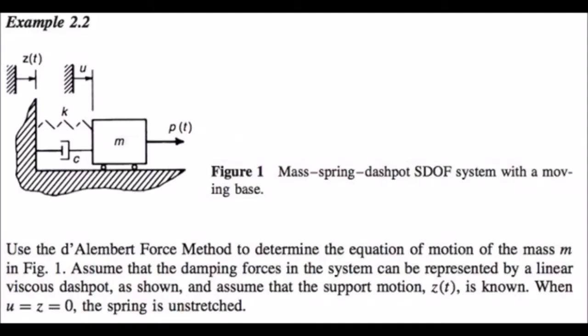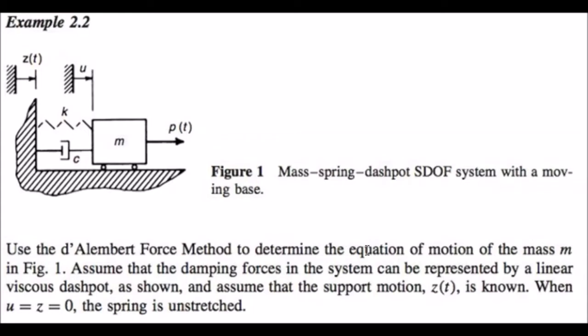Let's take a look at example 2.2 from our text. In this example problem, they tell us that we have a spring, mass, dashpot, single degree of freedom system with a moving base. So the moving base is going to be important here. You can see we have a given diagram up here, and they want us to use the D'Alembert force method